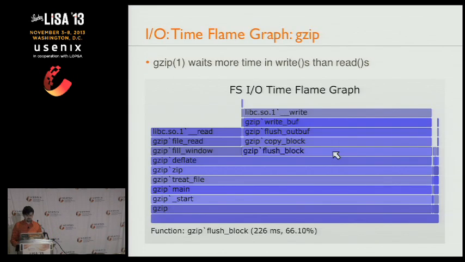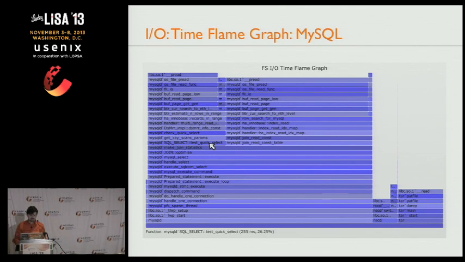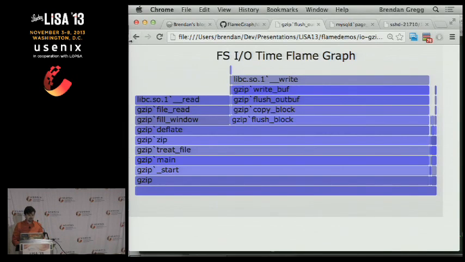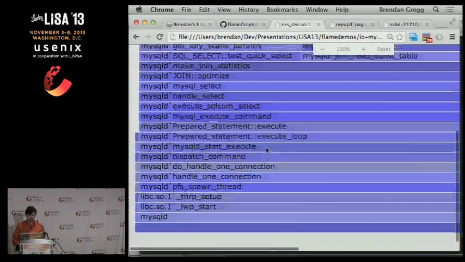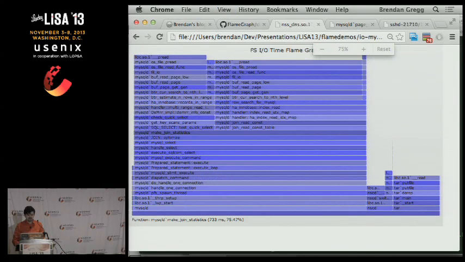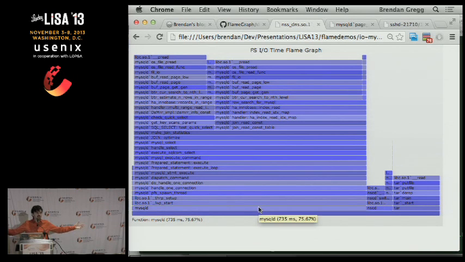Fantastic. This one's a bit more interesting, and that's really small. So this is MySQL, something similar. At the big picture, I can't read it at this level, but I can see that there's a majority of time. Actually, I was profiling all applications on the system and their file system latency. And over on the right, this column is for tar. So someone was running a tar job that was archiving files. That's another application. And then this larger column is MySQL.